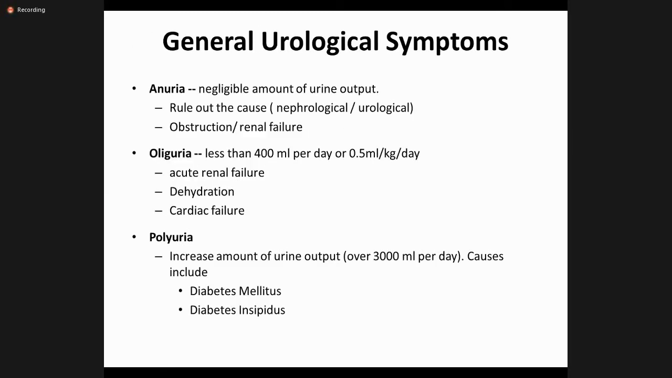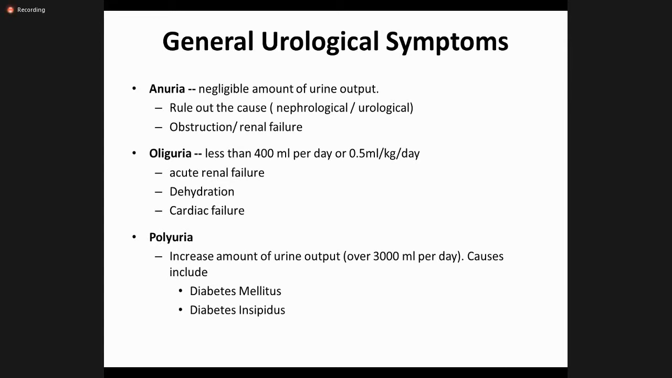Now, coming to the general urological symptoms, which include anuria, a negligible amount of urinary output. If the patient is complaining of anuria, you have to rule out the cause. Is it a urological cause or is it a nephrological cause? Urological cause means if there is some kind of obstruction like bilateral ureteric stones, bilateral ureteric strictures, bladder outlet obstruction, which can be due to prostate, can be due to stricture, can be due to UTI, which causes anuria. And if it is a nephrological cause, there is some sort of renal failure like acute kidney injury, acute renal